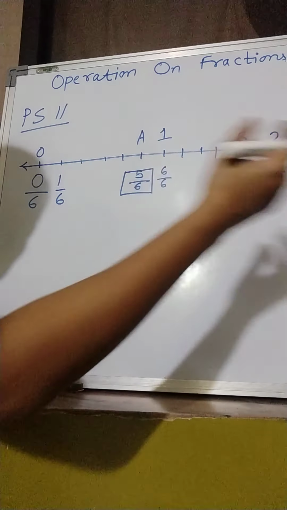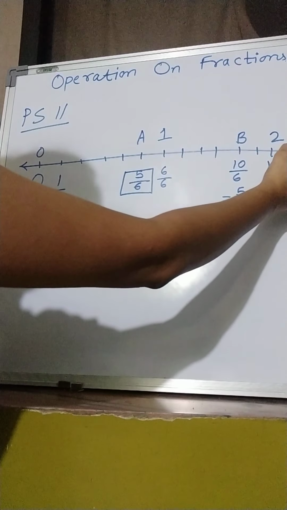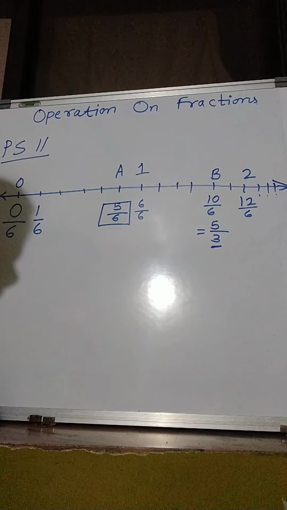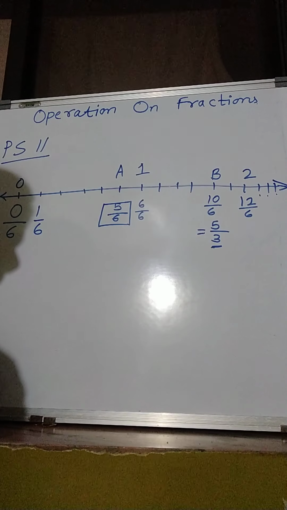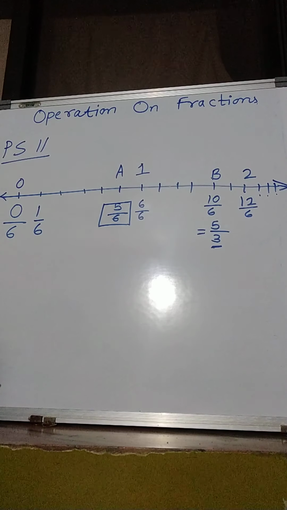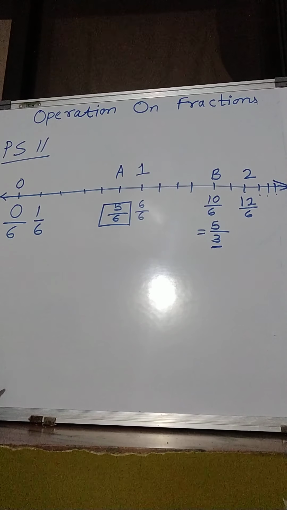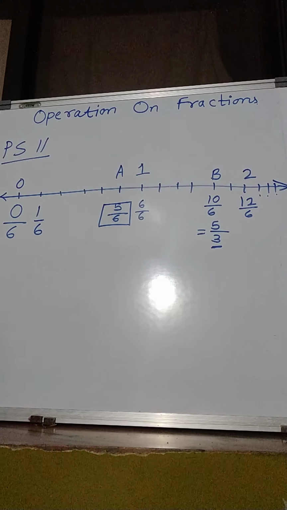Okay. Likewise, 3 more lines are there. After 12 what is coming? 13, 14, 15. So 13 upon 6, 14 upon 6, 15 upon 6 and 16 upon 6, that is 3. Okay. Understand up to this? Now the second one is also the same. In the case of the third one, I am taking the third one because that is a somewhat different part.